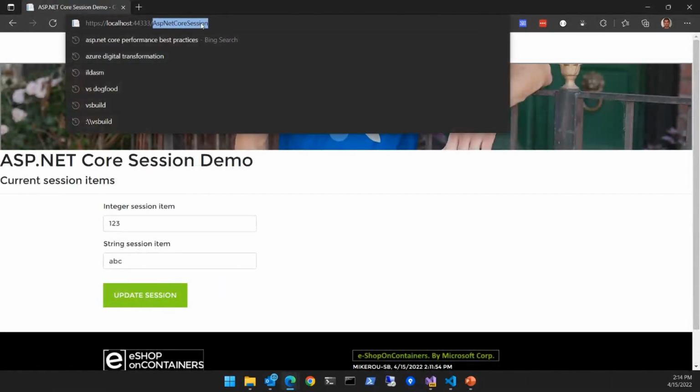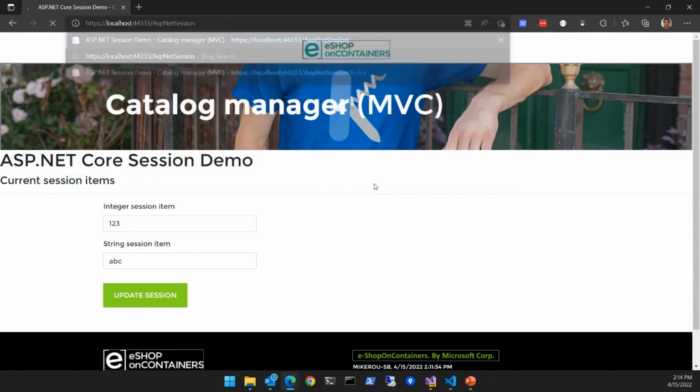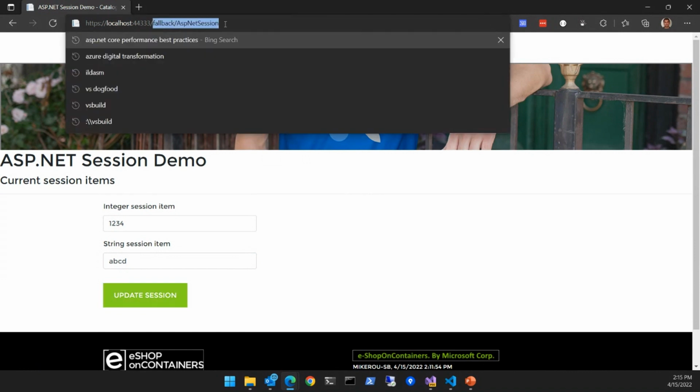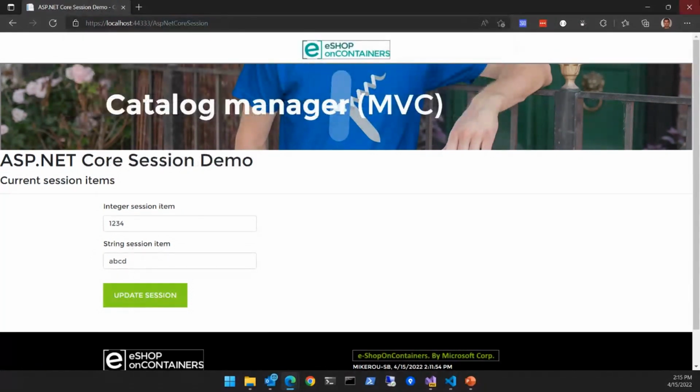But if I go to ASP.NET session without core in there, this is going to be the endpoint that's running on the ASP.NET app. And you can see it shows me the same values for that session state. I can change them if I want to, update session state. And now, when I go back to my ASP.NET Core endpoint, we see the updated values. So again,